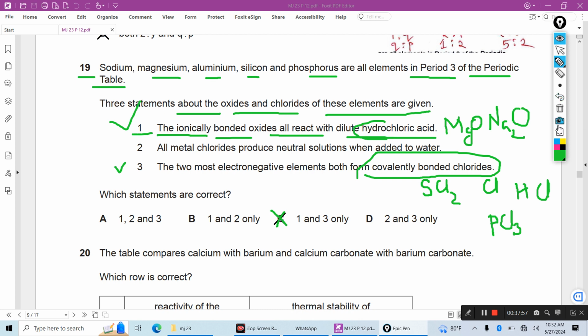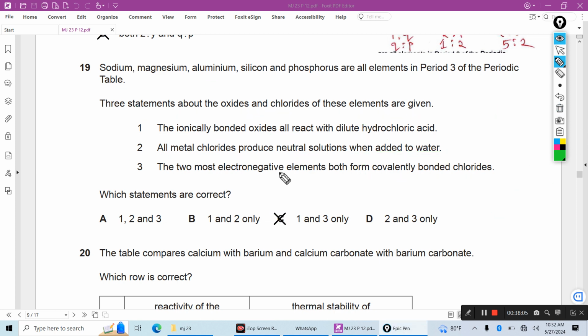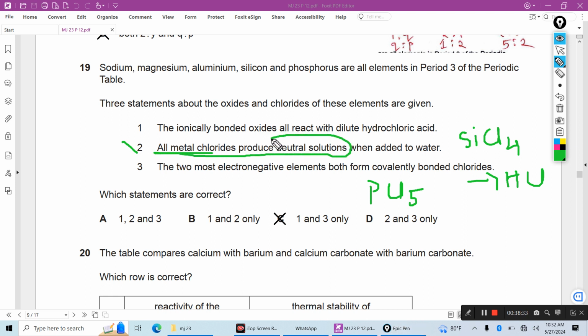3 is also right, but why is 2 wrong? All metal chlorides produce a neutral solution when added to water. No, some chlorides, say SiCl4, produce an acidic solution. Hydrogen chloride is formed, and phosphorus pentachloride dissolves in water to produce phosphoric acid. An acidic solution is formed. So this is wrong, because not all chlorides produce neutral solutions. This is wrong. Next,